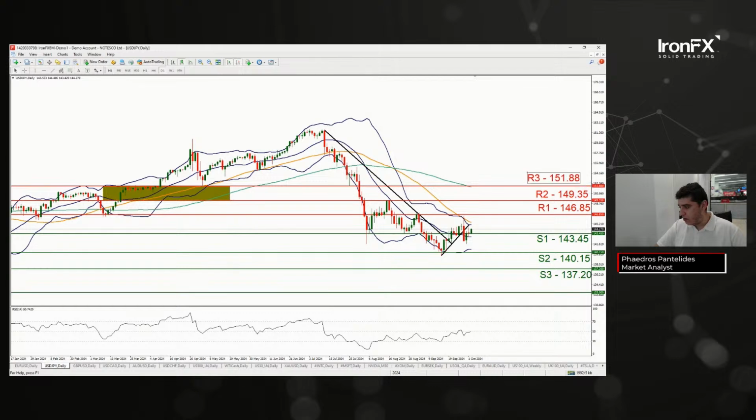This is R3. Now, with the price action here, one could argue that it has broken below our upwards moving trend line, and they would be correct. The RSI is at 50, which does imply neutral market sentiment. But the way I'm seeing this is that it might move higher